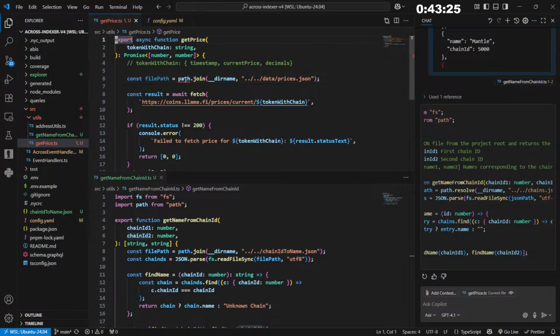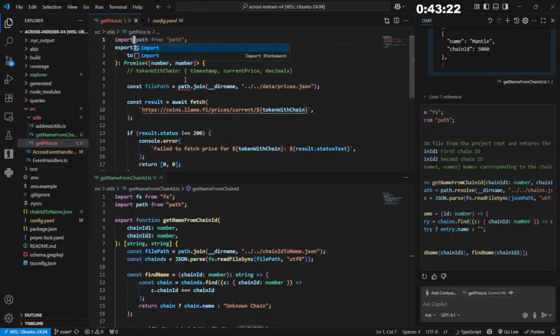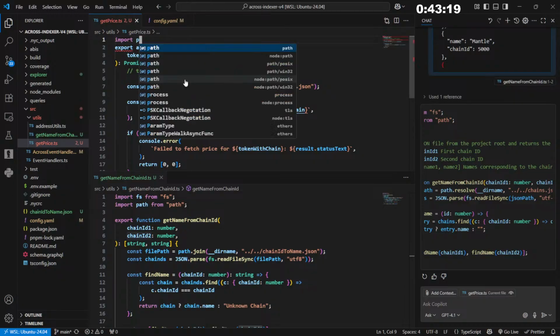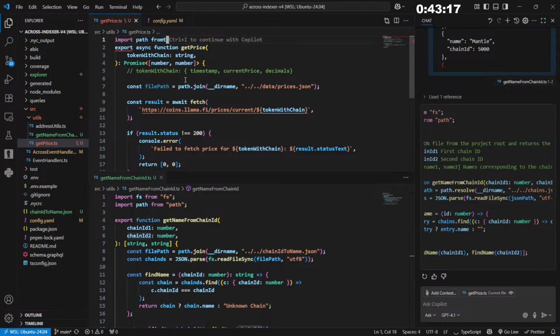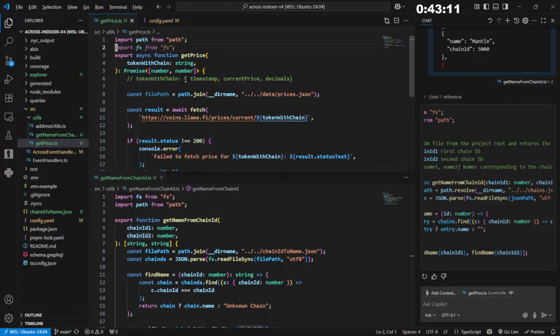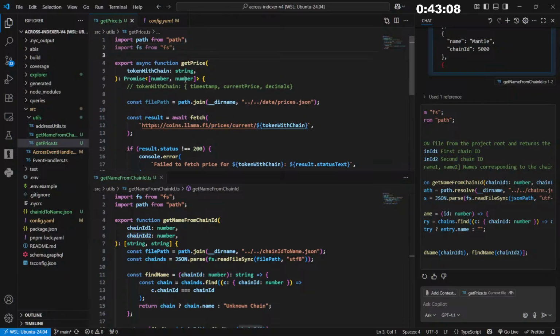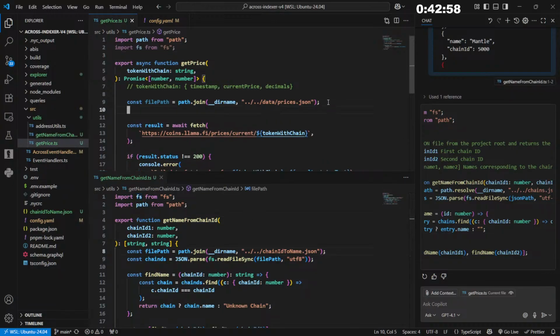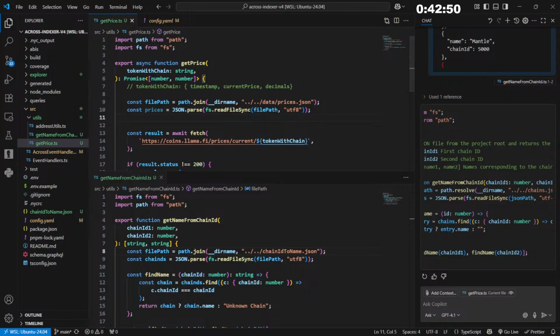This file is not there right now. We got the file path. Now we have prices. Not sure if